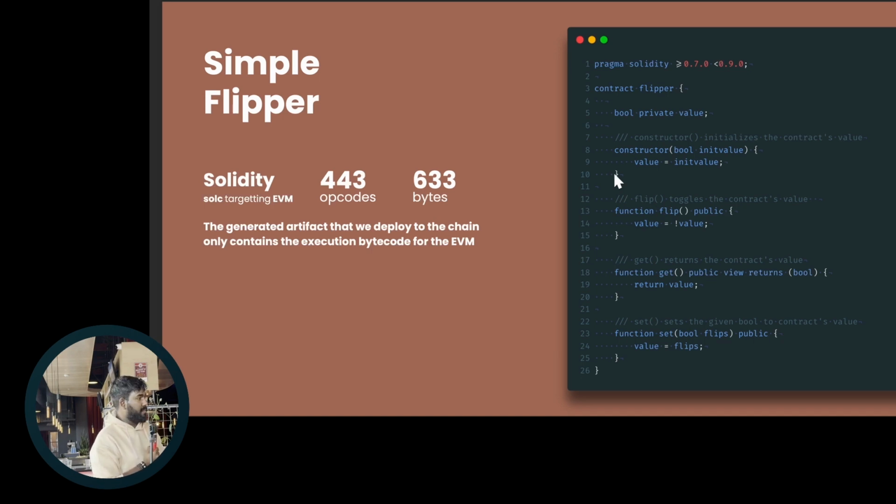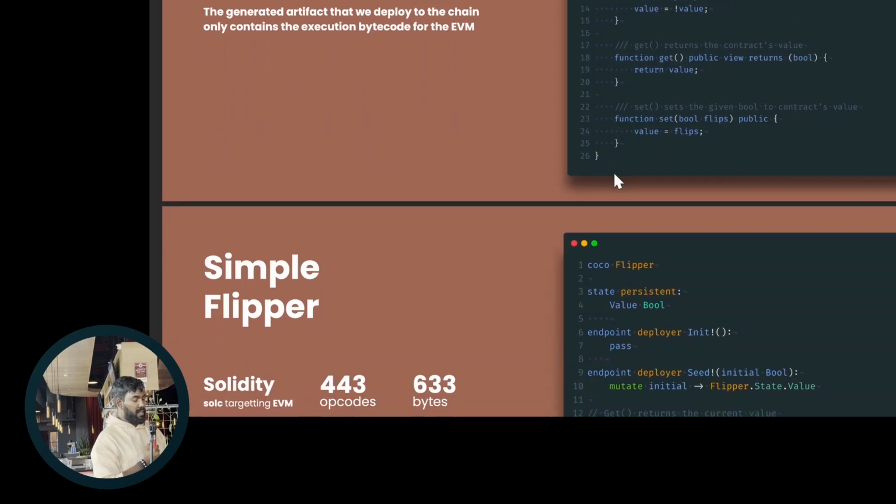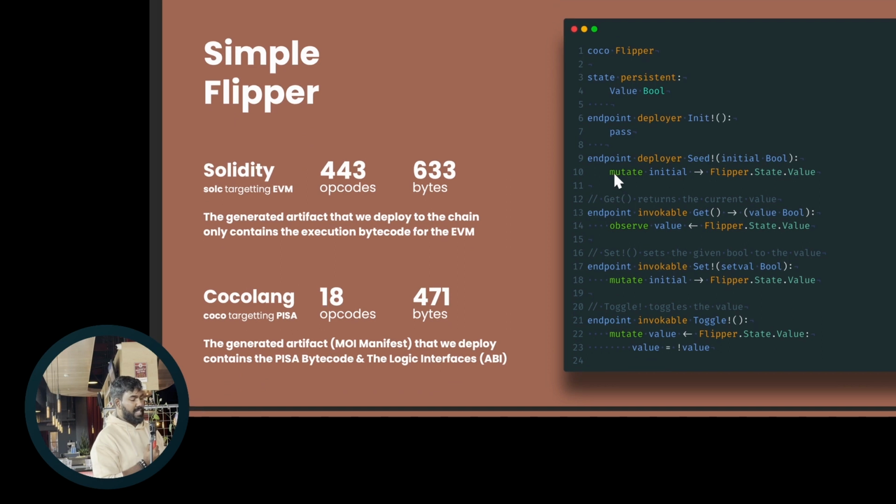If you were to write the same contract in MOI with Coco, this is what the contract will look like. It's more or less the same size, and I'll break down the lines of the code, but it would give you just 18 opcodes, and that 471 bytes includes the ABI, and it's on-chain. You do not need to keep an ABI with you when you're writing applications. You can always pull it from on-chain and make sure it's verified, because the contract address you want to talk to has the full ABI associated with it on-chain. Including the ABI, it's only 471 bytes.